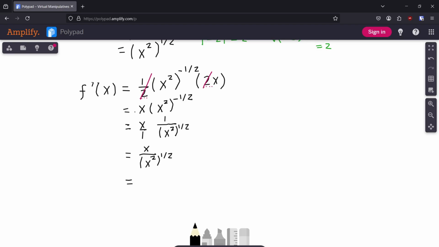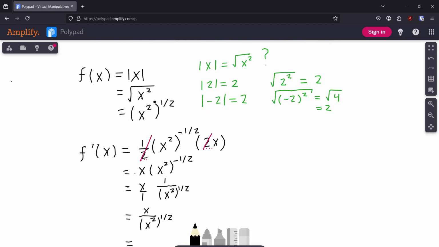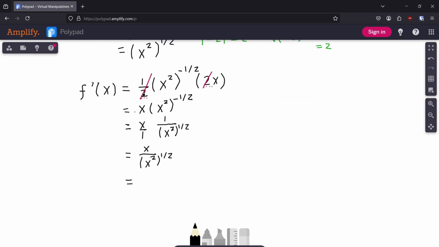And finally, remember, our very first thing we did is we said that the absolute value of x is equal to the square root of x squared. Right, so that denominator is the square root of x squared. That's just the absolute value of x. And that